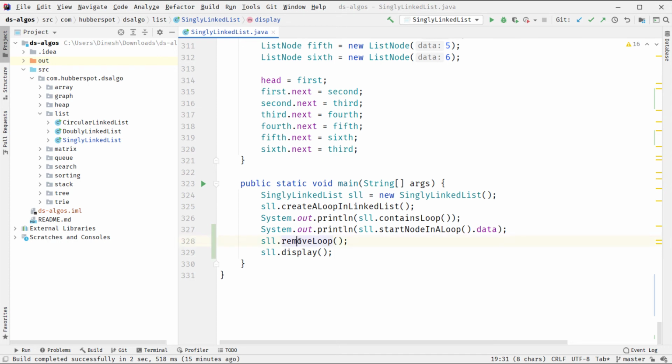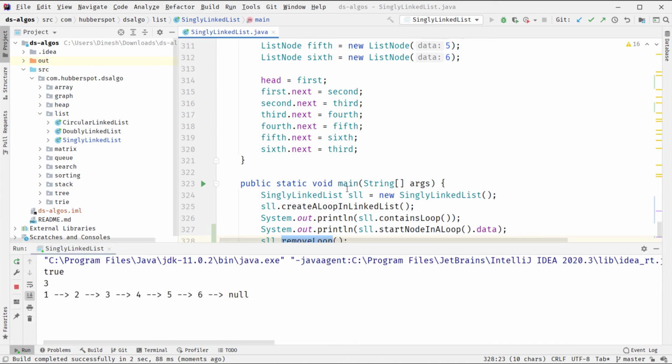But here, as we know that we are removing this loop, if I run the code now, you can see that from the third node it pointed to fourth, then fifth, then sixth, and sixth again pointed to node 3, which we saw here. 6 next is pointing to third.